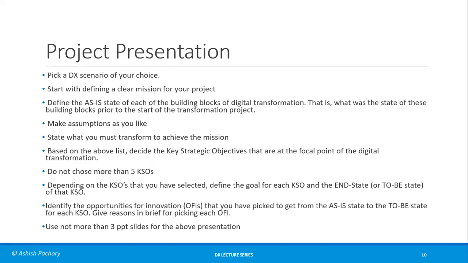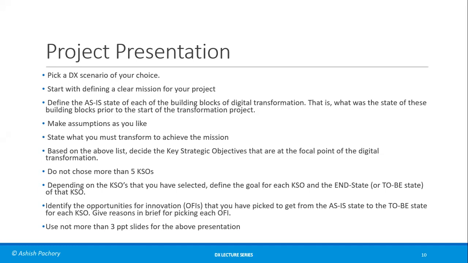Then state what you must transform to achieve. The keyword here is what. So now you have an as is state, you have a mission, okay, that you want to convert from this state into some other state. So what must you transform to convert from the as is state to the desired state? So based on this list, decide the key strategic objectives. When I say decide the key strategic objectives, I don't mean the whole phrase or the complete action plan, but